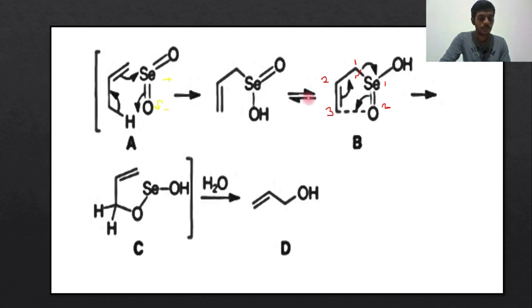After that, the 2,3 sigmatropic rearrangement happens. You have to just number this. You have to start with the selenium atom, so 1, 2 and 3. Here the selenium is number 1 and this one is number 2, and the 2,3 bond will be formed over here, and one bond will break, forming this intermediate. After the hydrolysis, this is the allylic alcohol, which is the product obtained over here.